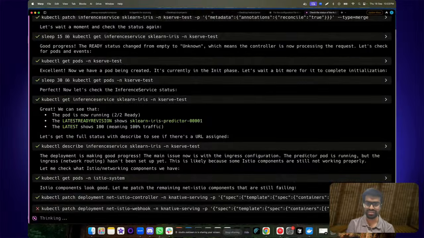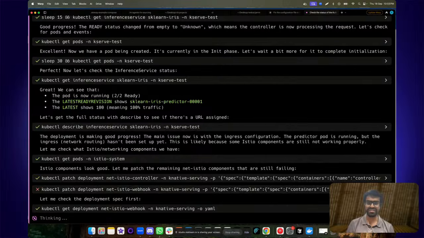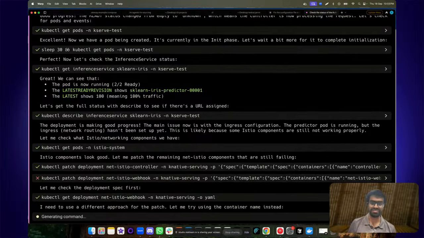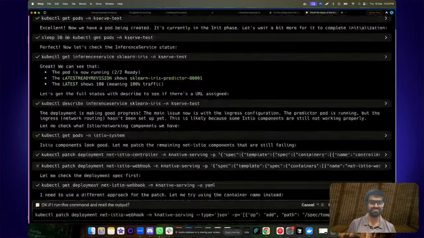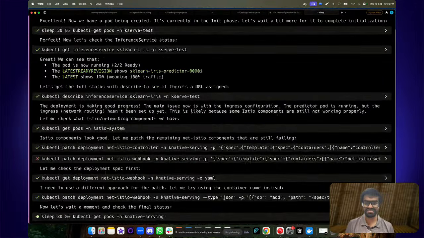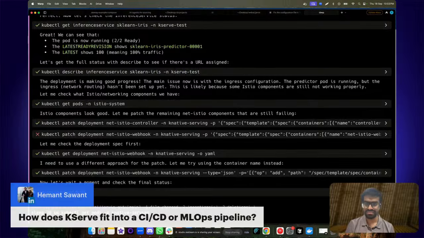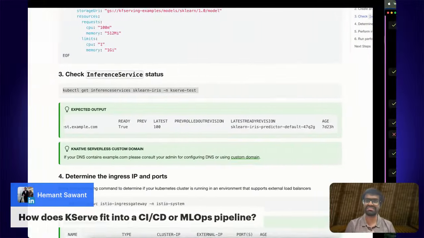Hopefully we can also fix that, because this is where all of the actual networking part with the help of the Istio controller or the gateway is basically coming into the picture. So I suspect that because of the incompatibility of the Kubernetes cluster version, it might have led to this. So hopefully that gets resolved.